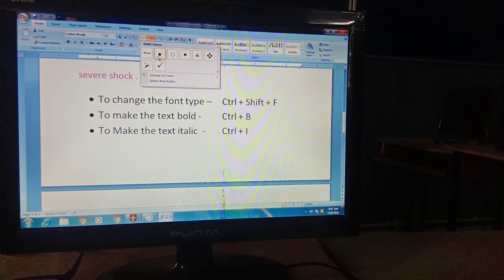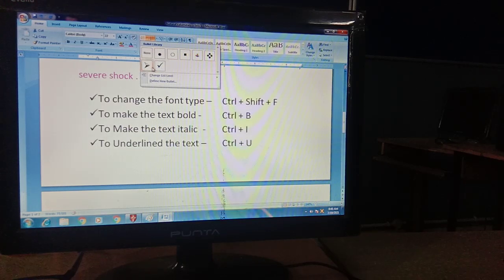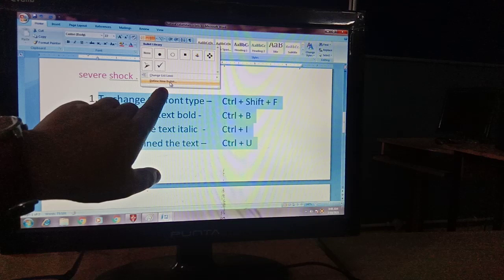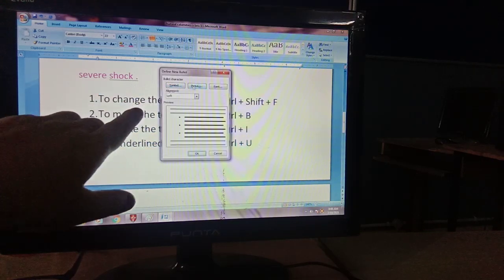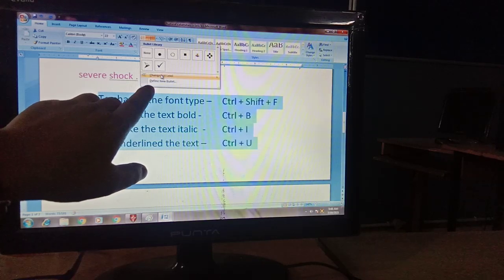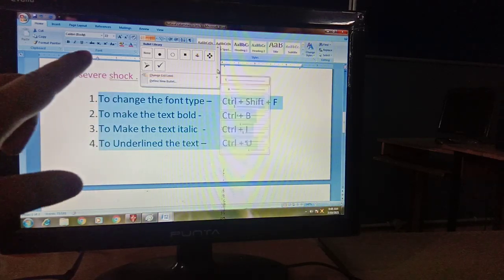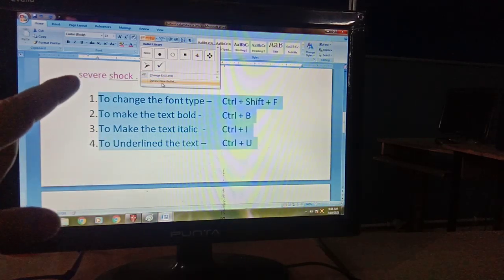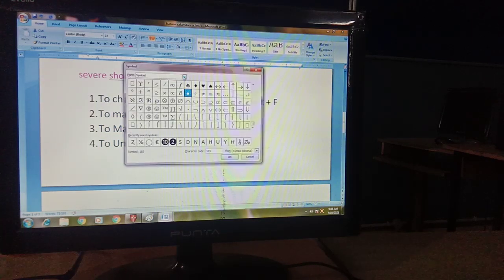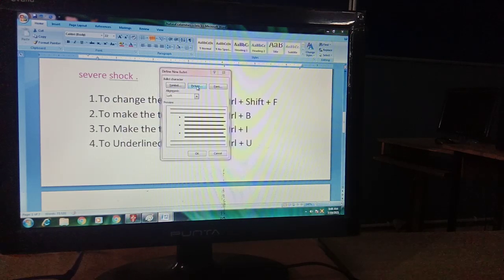So these are the default symbols in the library, and you can have more from the new bullets. From here, symbol, no, I don't want symbol, I want picture.